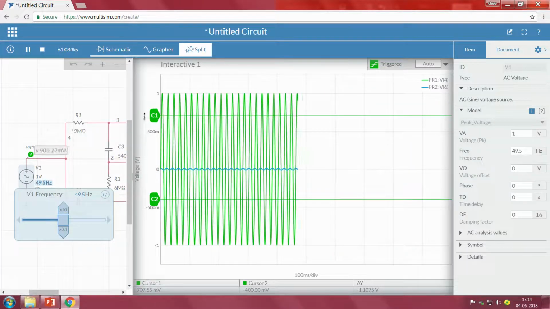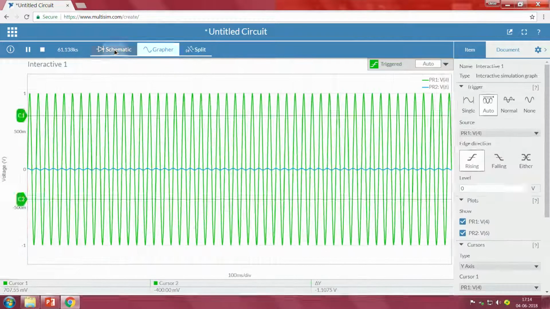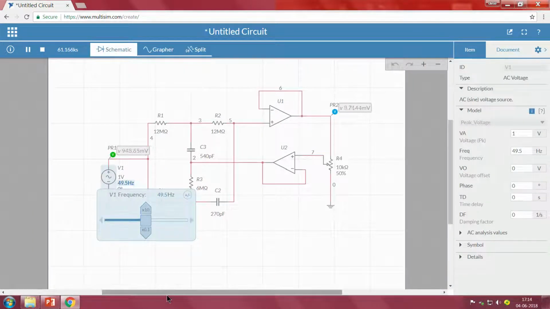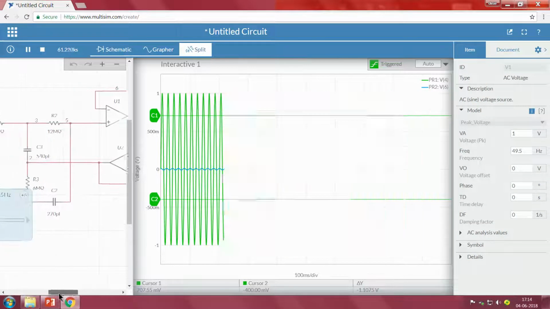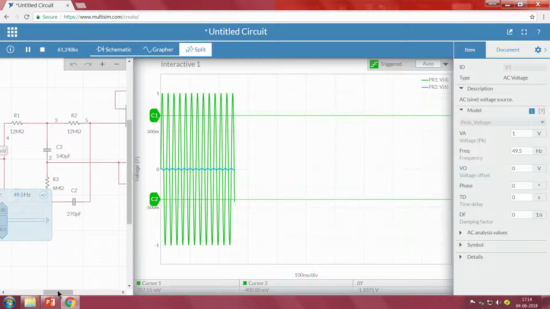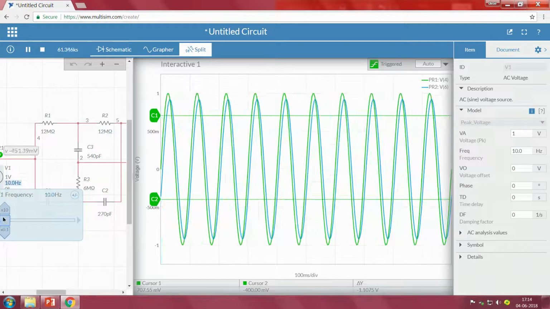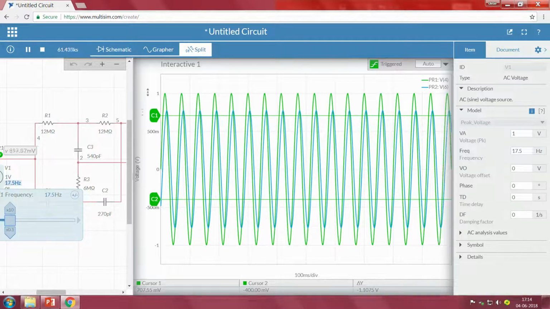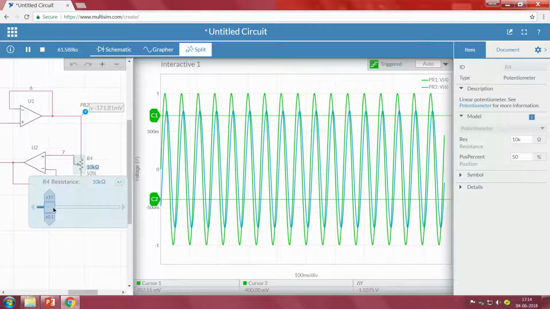Now, what is the purpose of the op amp that we have seen here? To understand that, we will keep one particular value, yeah, we will consider this one. Now, we will change this particular resistance.